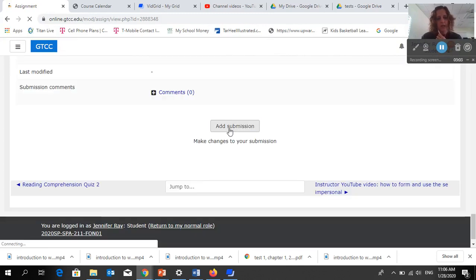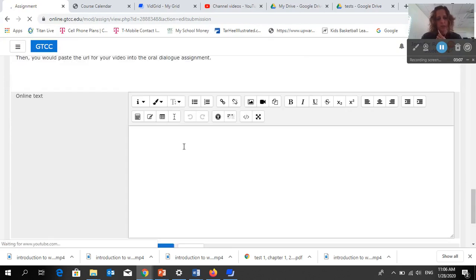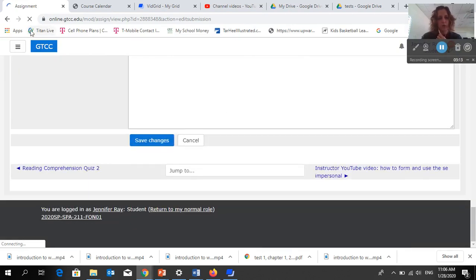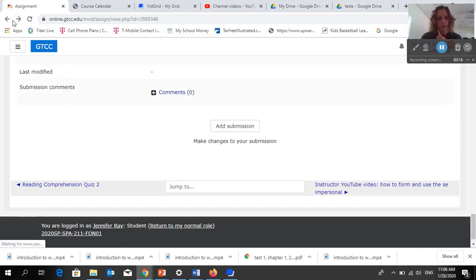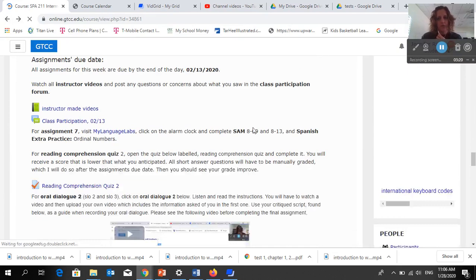So when you're ready, you'll hit an Add Submission, and depending on which version you use, you will either paste a URL here or you'll click this button up here. But again, watch each of these options so you know what to do. And that's everything that you have to do for week